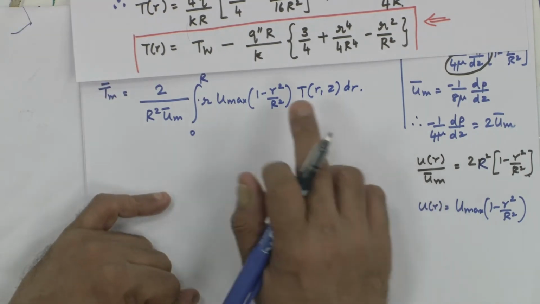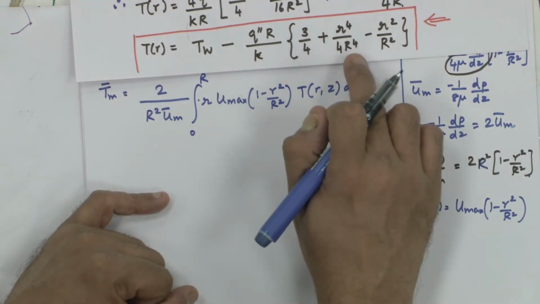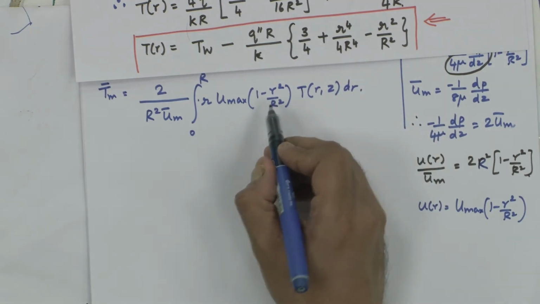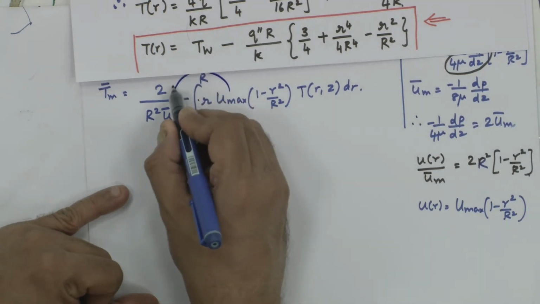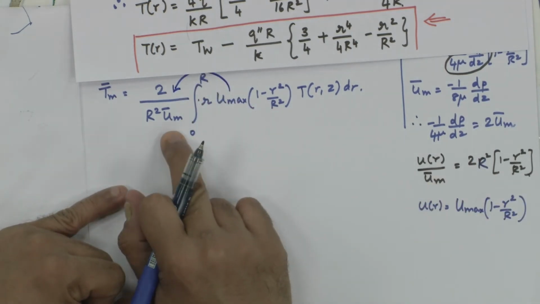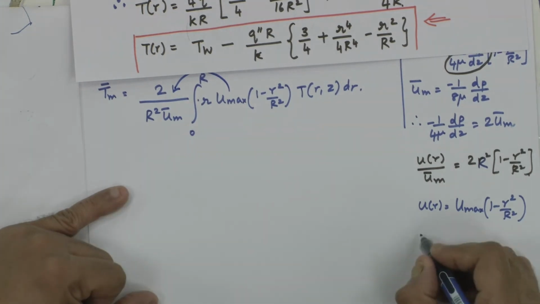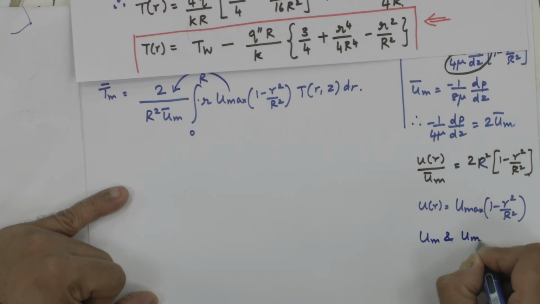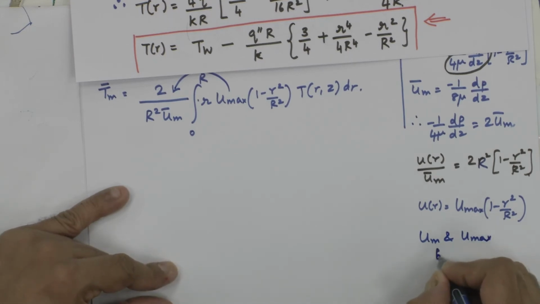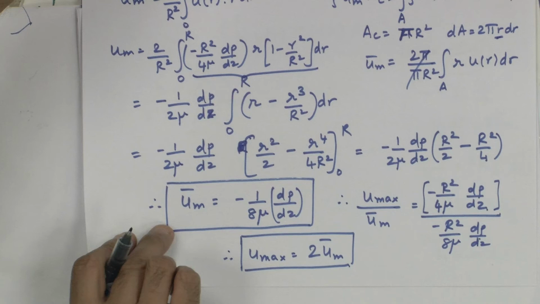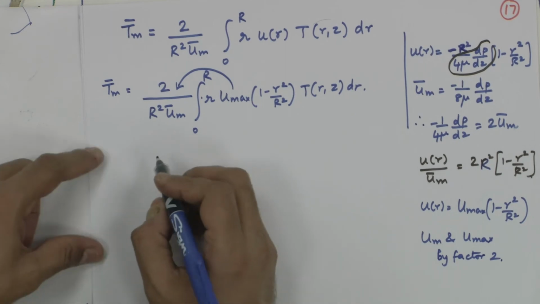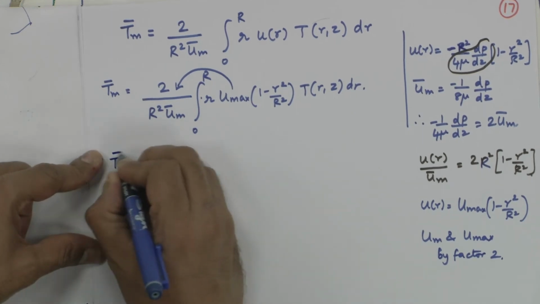Please remember that this quantity has several r here. This has an r squared, this has an r. So, when you bring this u max out, you have u max by u average. So, u average and u max are related by the factor 2. This also we had shown before in the last module. u max is 2 times u bulk mean. So, substitute all that. When I do the integration, I get T bulk mean is equal to